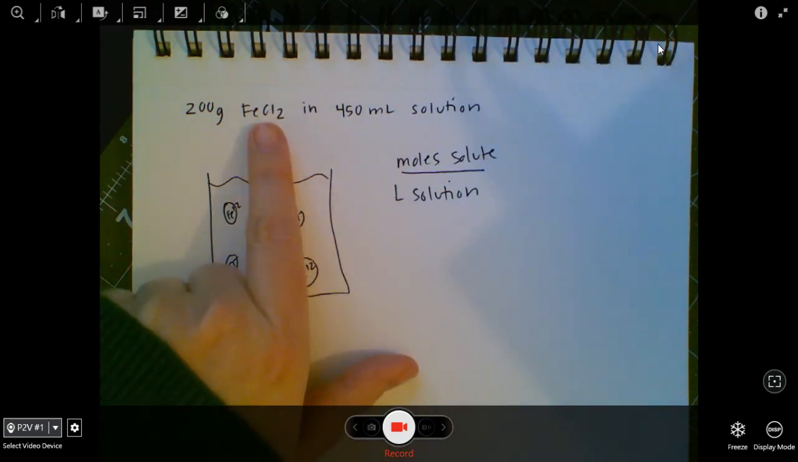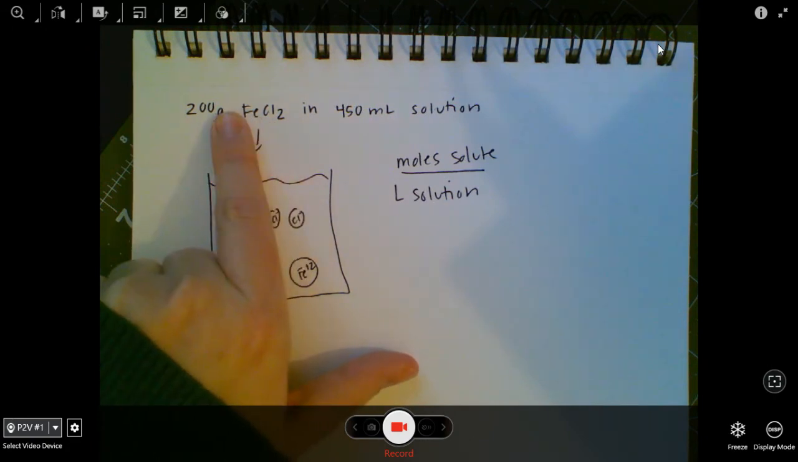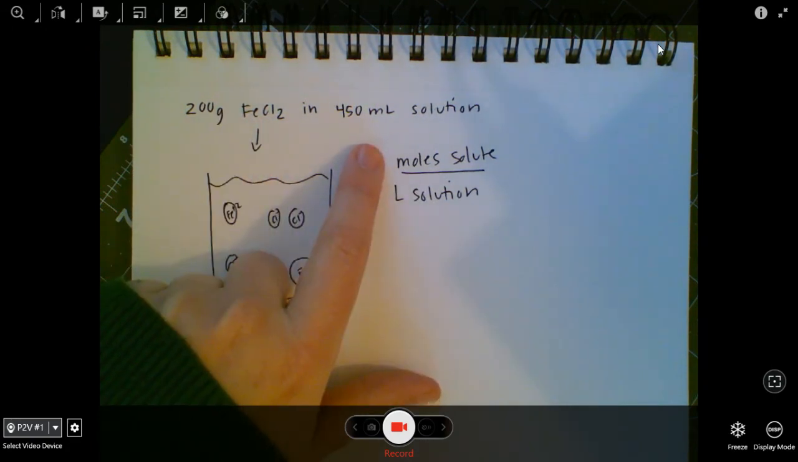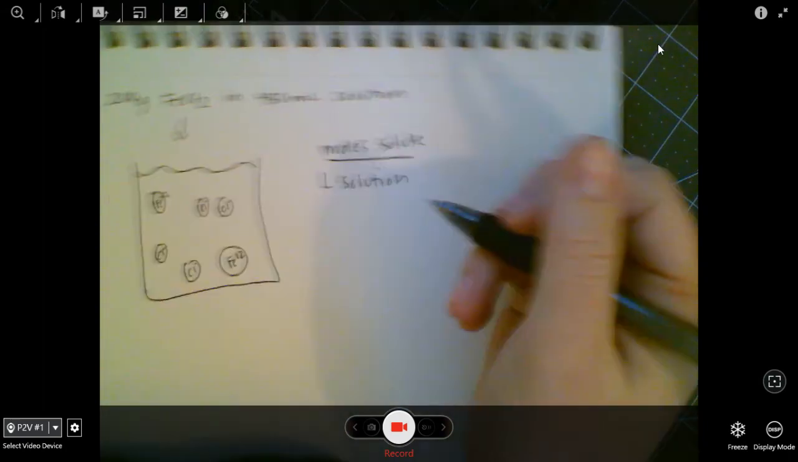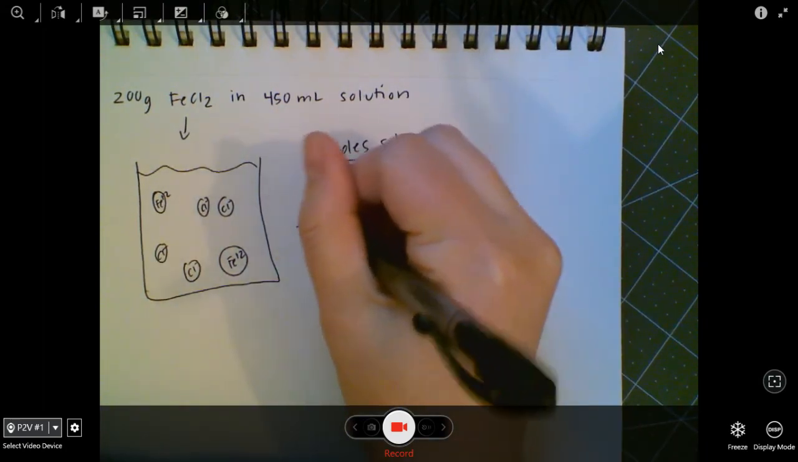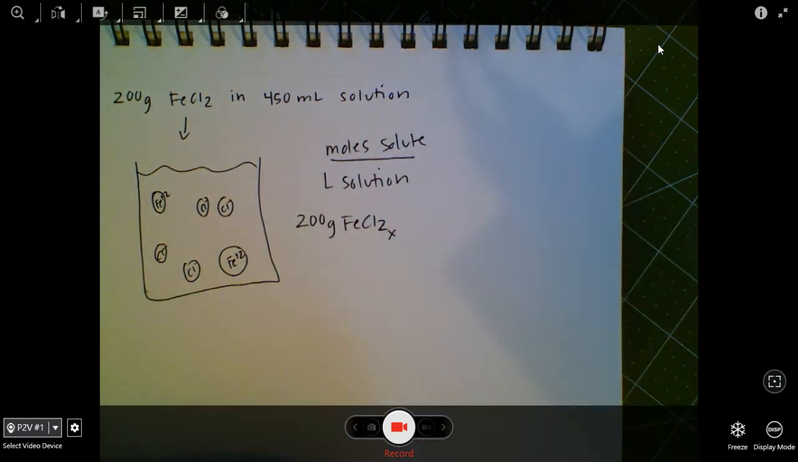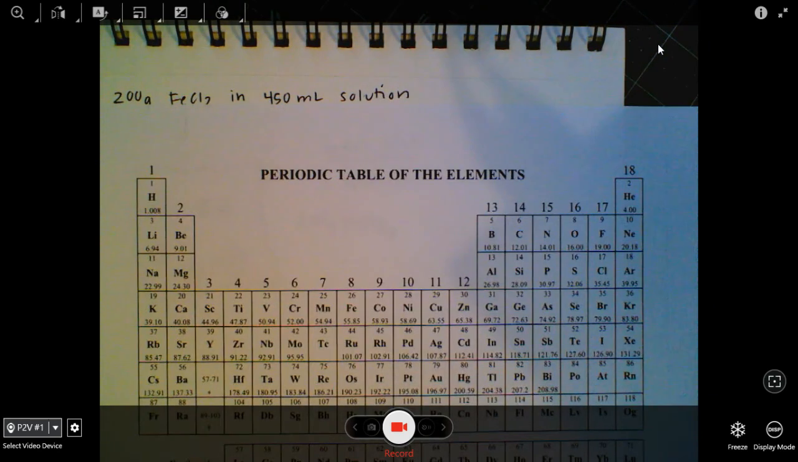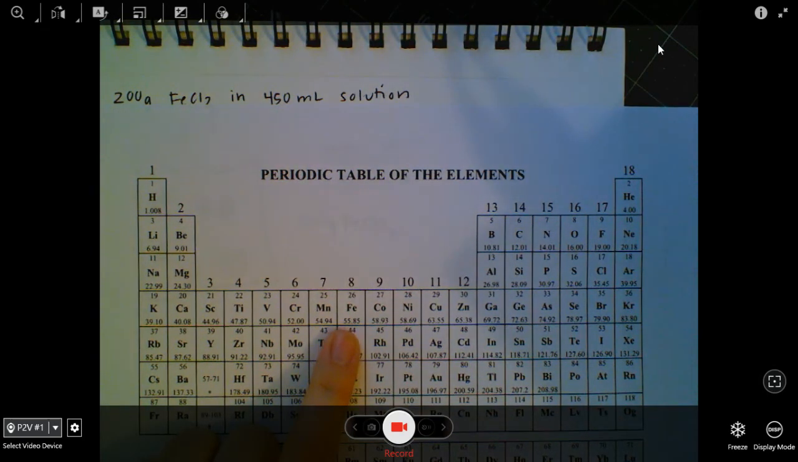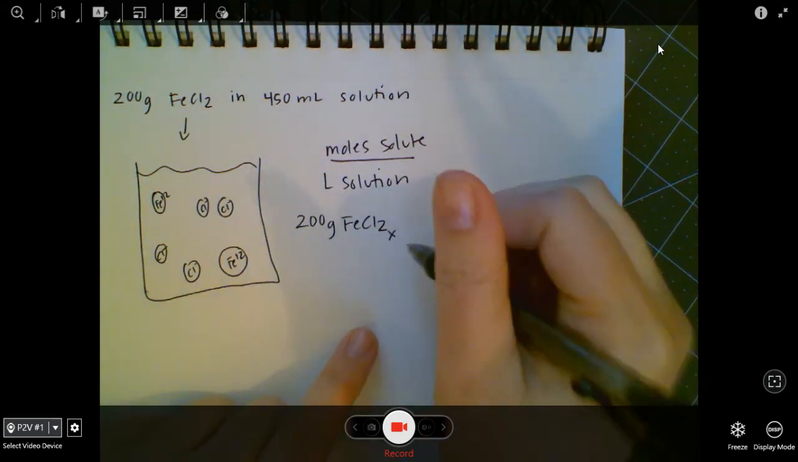So my solute is going to be the FeCl2, and I currently have that in grams. So I need to convert that into moles to make that work. So that's what I'm going to do first. 200 grams of FeCl2, and then I need to convert that into moles. So I've got to get out the old periodic table. I'm going to find Fe. Fe is 55.85. I'm going to add that to 2 chlorines, which are 35.45. And when I do that, I get a molar mass of